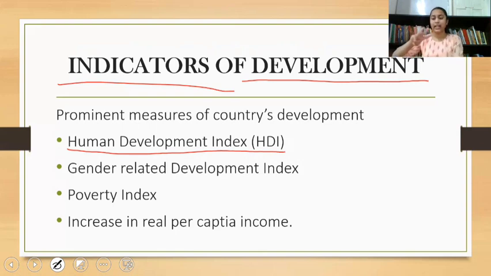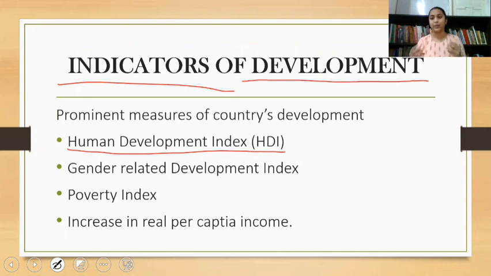There are of course 3 ways that we always term that if these 3 areas are somewhere where an individual grows, then we say that the human is developing. First is education. If he or she is able to get quality education or not. Second, health. The healthcare sector, is he able to live an expected life, right? The longevity of life is good. And finally,